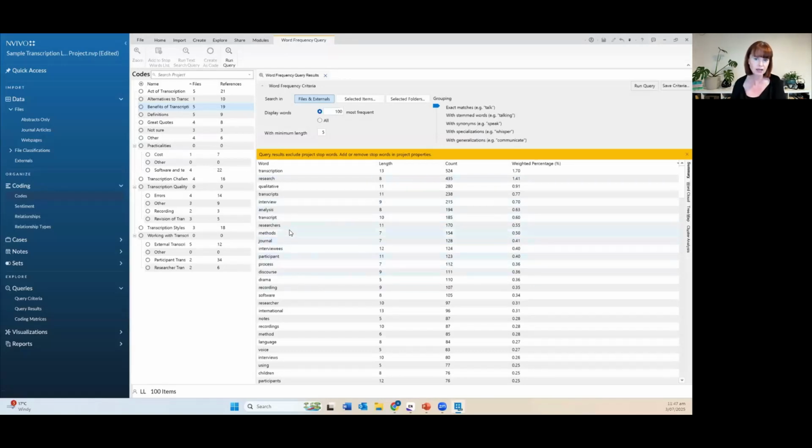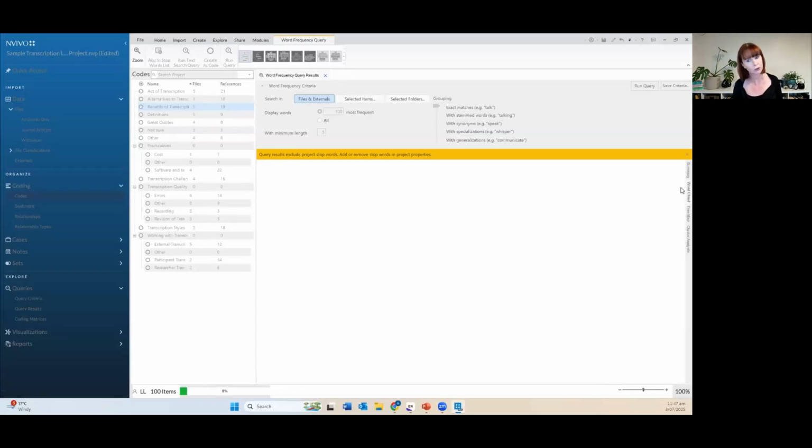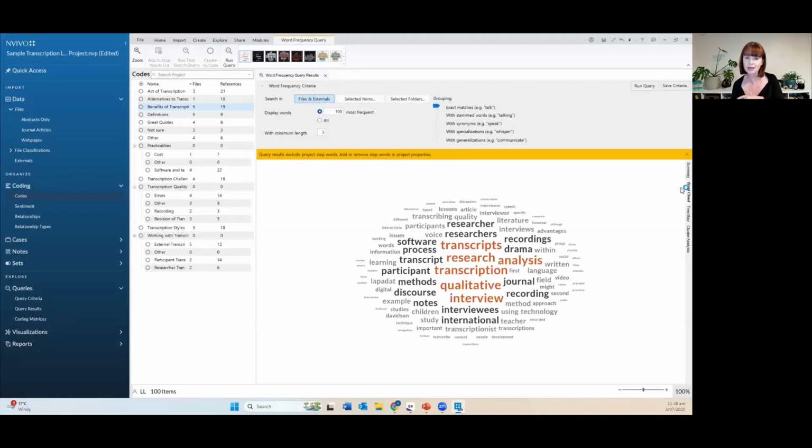Something we showed yesterday is that you can double click on these words and it will take you through to the context, which is really helpful. And then the other thing I'll just quickly show is that we can get a word cloud here. So I can actually ask to see a visual of the most frequently occurring words. In the word cloud that appears, the words that occur more frequently are in a larger font, which is really